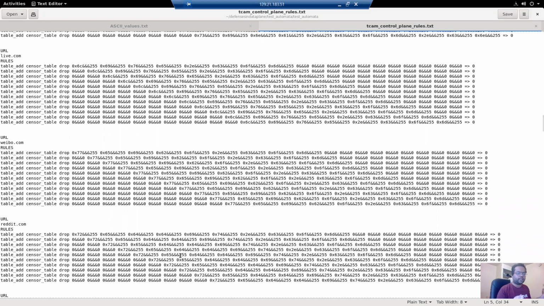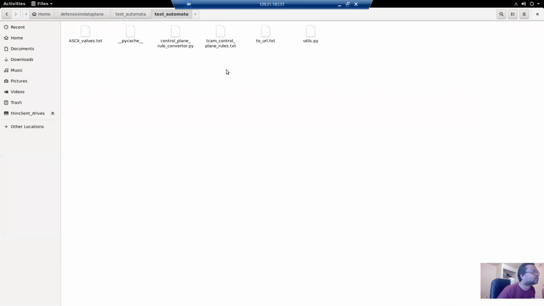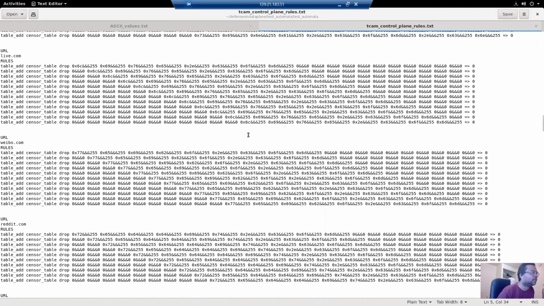If you want to block 10 URLs, just copy and paste the first 10 rules corresponding to the URLs and feed them to the control plane, and using the control plane program, feed them to the data plane. So it's very easy. Just run this script and you will get your final TCAM.